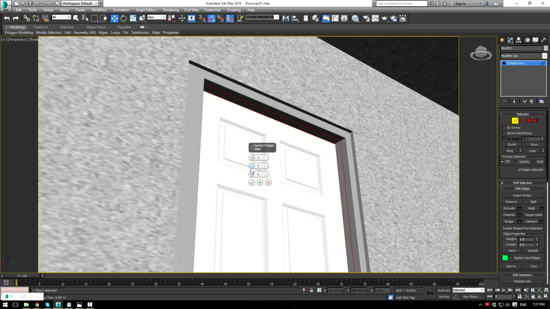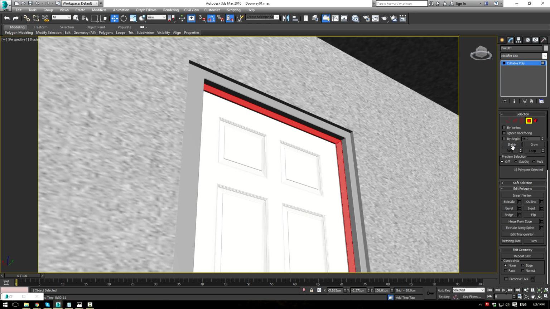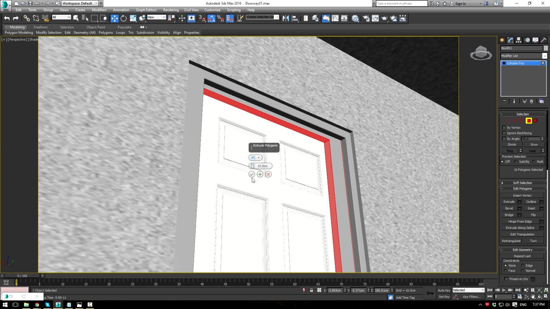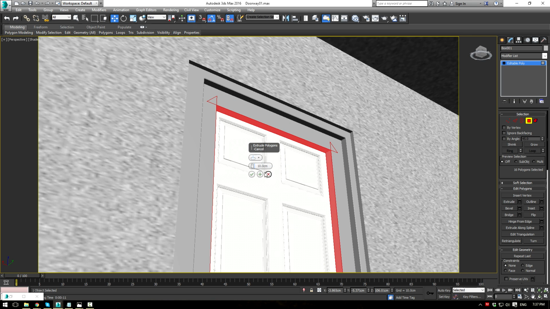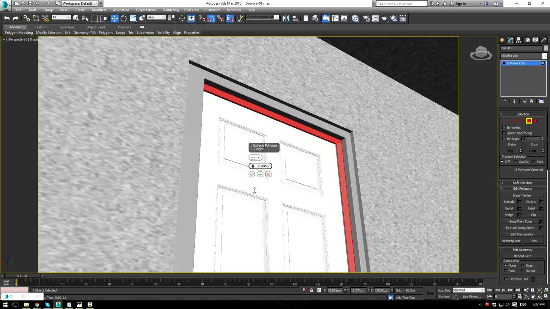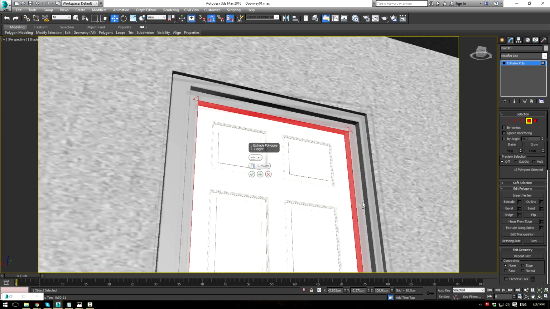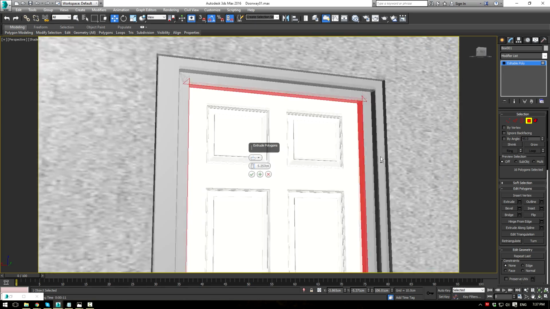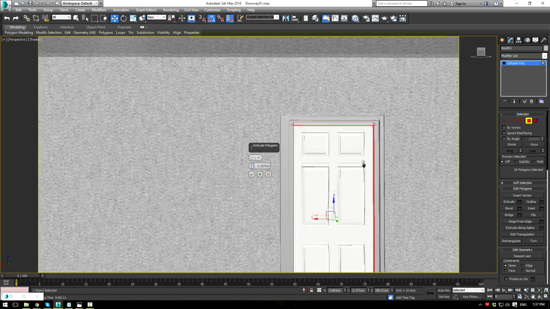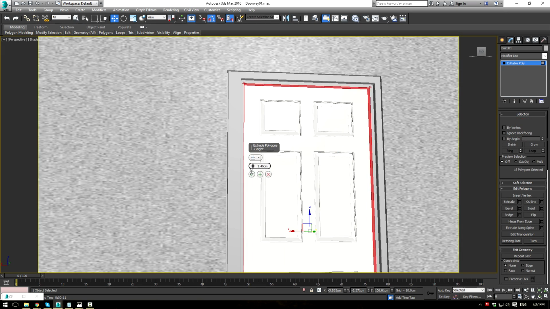Alright, and we're going to slide them a little bit like this. Okay, control click those polygons there and shrink it once. Extrude. And we're going to extrude these along the local normal, and we're just going to basically bring them in just like this. And I know we have a little bit of overlap there, but it's not going to be a huge deal. It's basically just to stop the door from